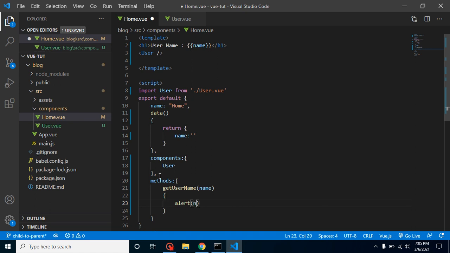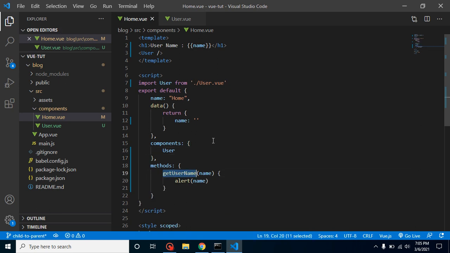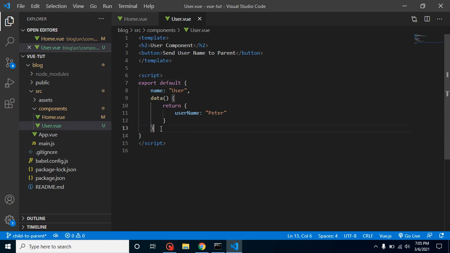First of all, we will alert, then we will pass it to this property also. And now just pass this getUsername as a props. So just send here getUser, or you can put any name to this property like this, and here define props.